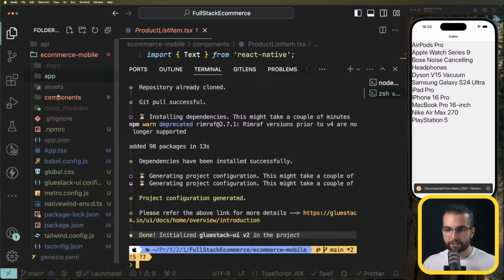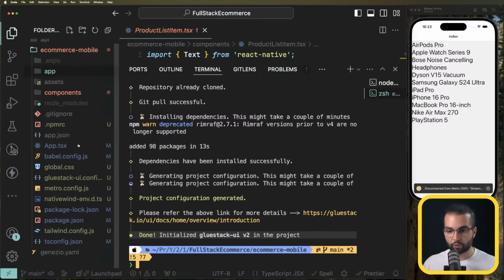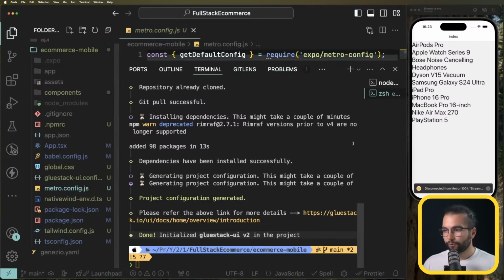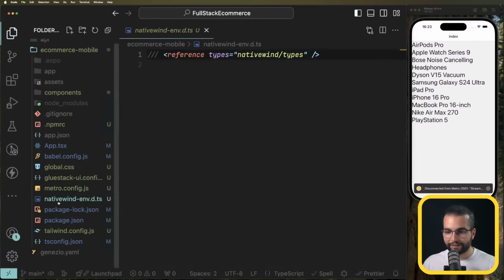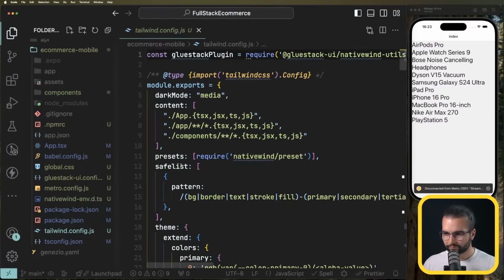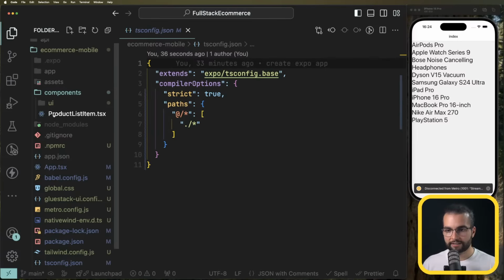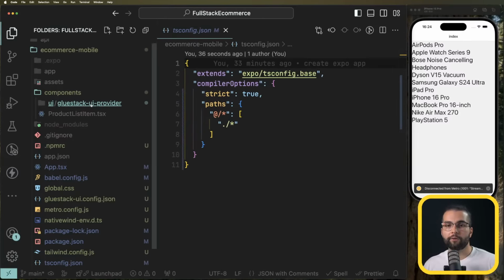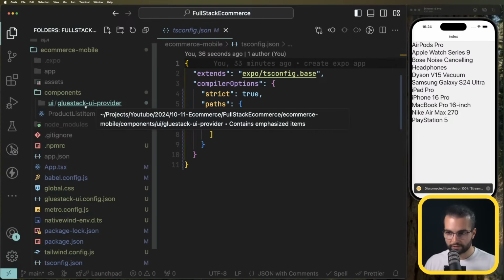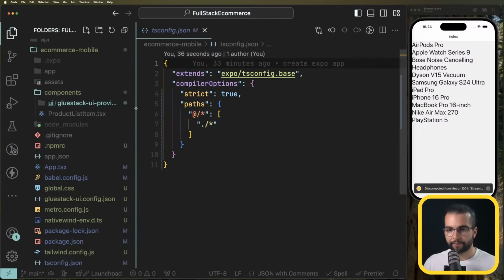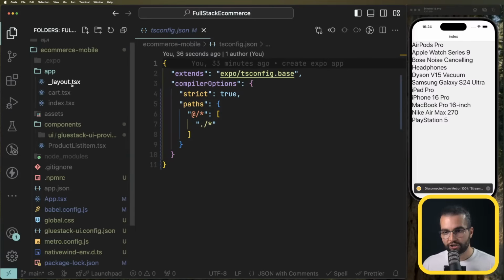And we see that, first of all, I'm going to show you what we have here. The important part is under the configurations, but you don't need to touch that, like the NativeWind configuration that will specify the configs for NativeWind, TypeScript, and also the important part is under this components UI. The components UI is the folder where we're gonna download different components from Gluestack, and you're gonna see that a bit later. Now all we have to do is go into the application _layout,